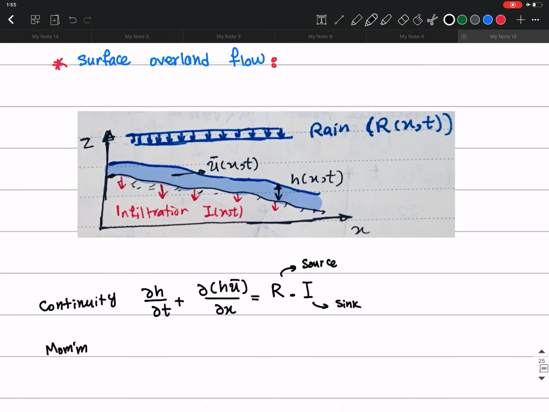So we have partial h u bar in the conservative form over partial t plus partial over partial x of h u bar square plus g h square over 2, okay? And this equals 0